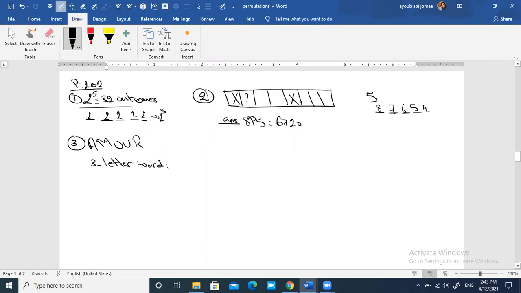3-letter word. Of course, when I say word, we are not talking about language or literature, about a word that has a meaning. A word is an arrangement of letters with or without meaning. For example, AAA is a word. It has no meaning but it is a word. Right? Repetition is not